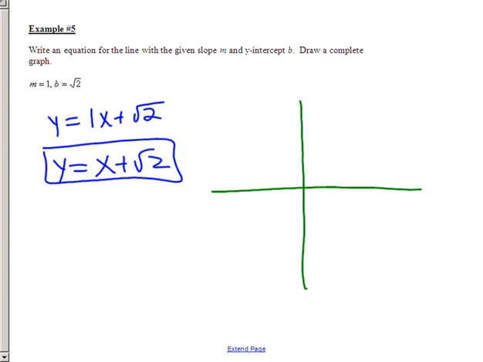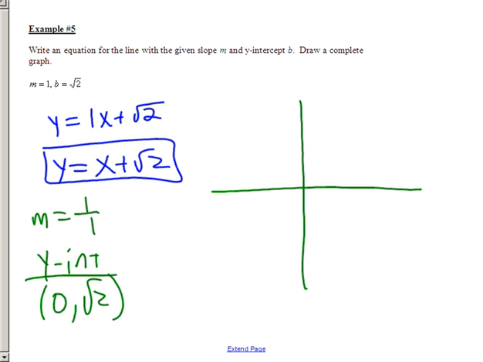So when we want to graph something like y equals x plus the square root of 2, we can still do this. The slope is 1. To write as a fraction is 1 over 1. The y-intercept is the point 0 comma square root of 2. So if we mark this out,